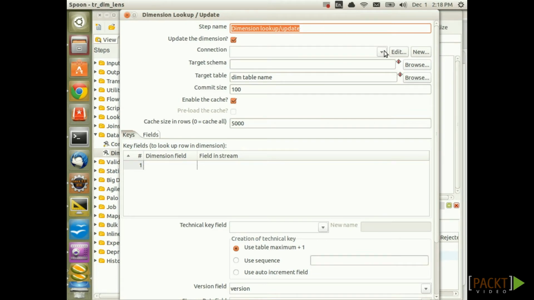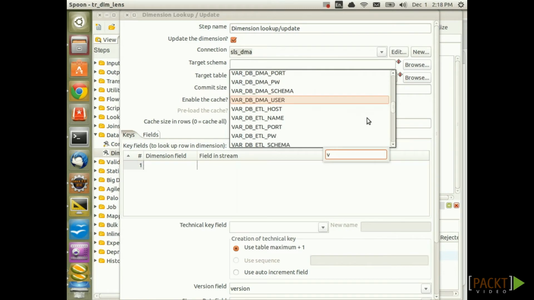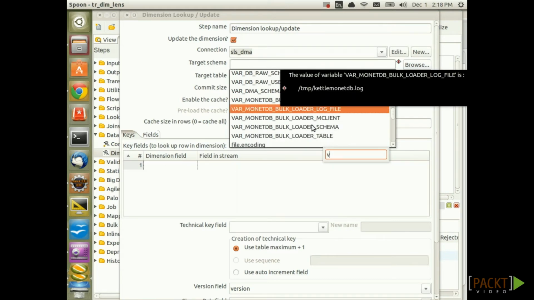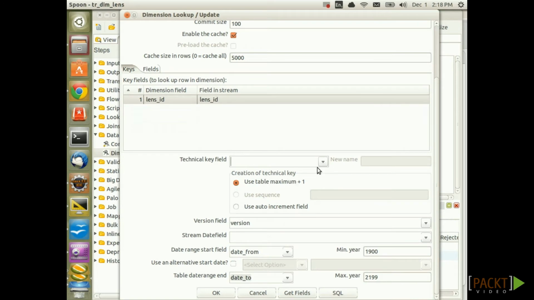For the connection, set SLS_DMA. For the target schema, we will use again the parameter we set up earlier on, which is the schema variable. The target table is called dim_lens, and then we have to specify the keys, which in our case would be lens ID in the dimension, and lens ID in the stream. Our technical key is called lens_dk, and the creation of the technical key should be based on the table maximum